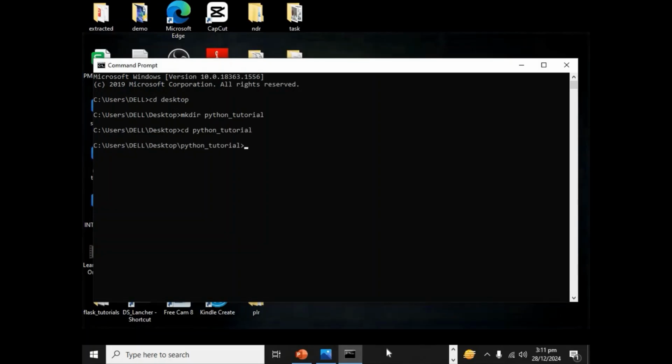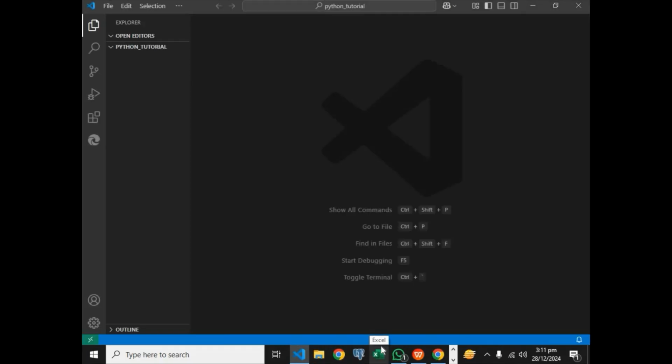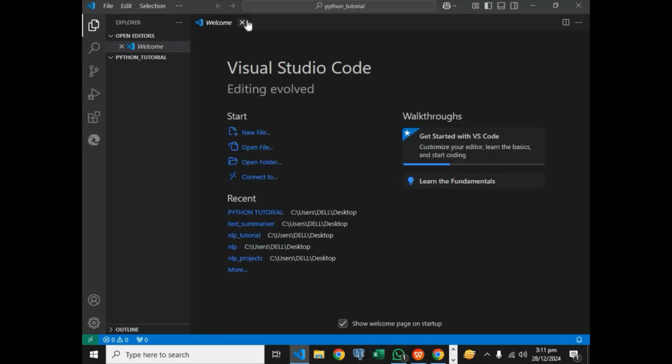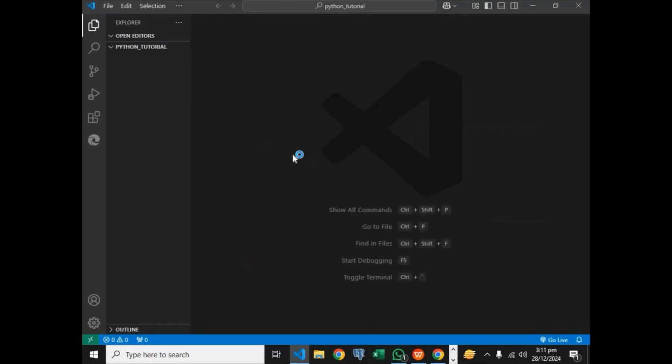Okay, so I'm going ahead to open this with my VS Code. Just wait a bit, it's going to launch on my VS Code. So we have been able to successfully launch our folder. Here we are going to make a file known as app.py. Please, I want you to understand this. If you are working with JavaScript, you say